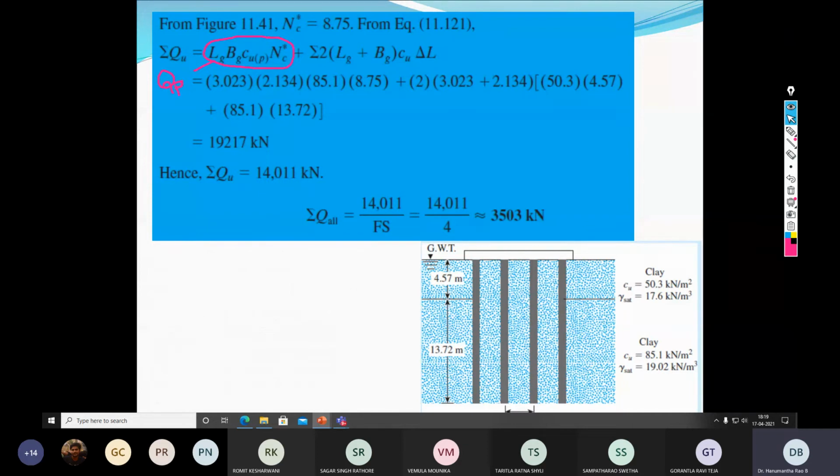Now one important thing you should notice is that when we calculated the pile capacity of the individual pile, we got a small value, but when we go for the pile group capacity, it has drastically increased. So a very large pile group capacity, a very large value of load bearing capacity. This is the advantage of the pile group, and one of the fundamental reasons why we always go for the pile group rather than the individual pile.